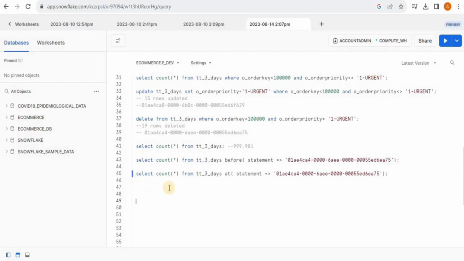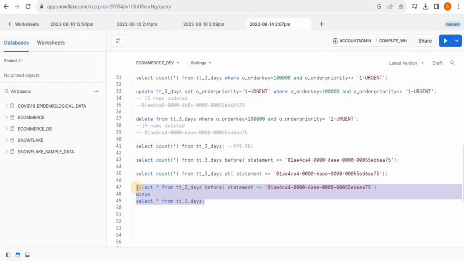And instead of this, I would suggest you to prefer the minus operation. And in order to perform the minus operation, I am going to use this query. Here I am selecting all the records from the table before the statement having the query ID this, which is the query ID of our delete operation, and I am subtracting it from all the records that are present inside the table. So in this particular query, I am actually trying to get all those rows which were deleted when